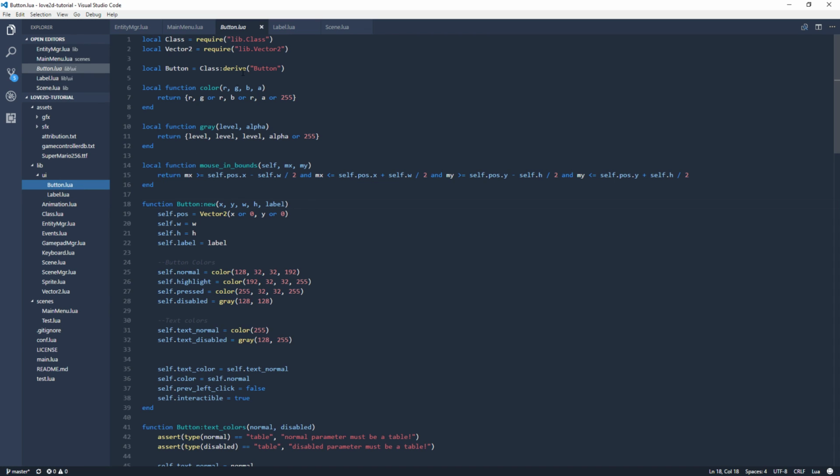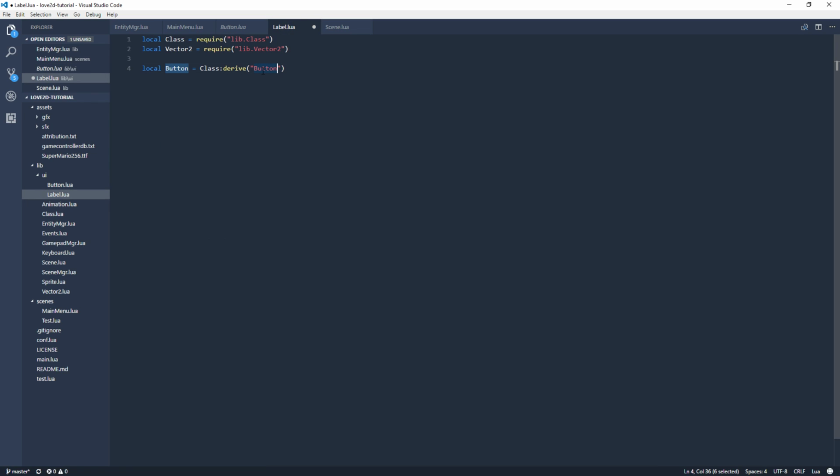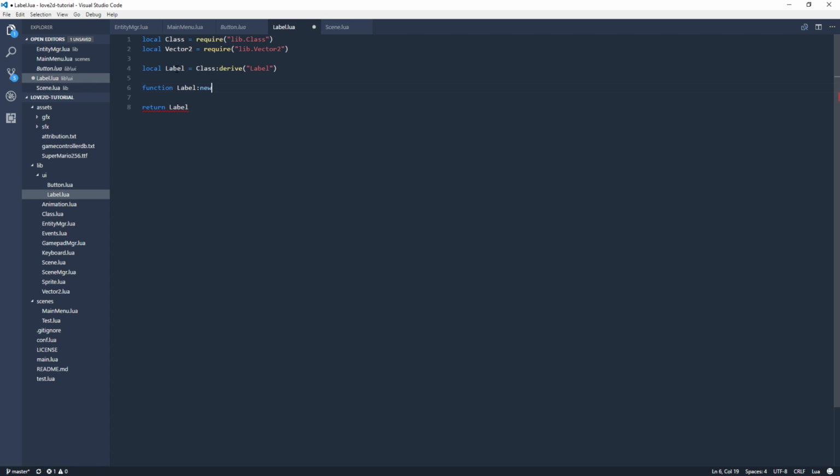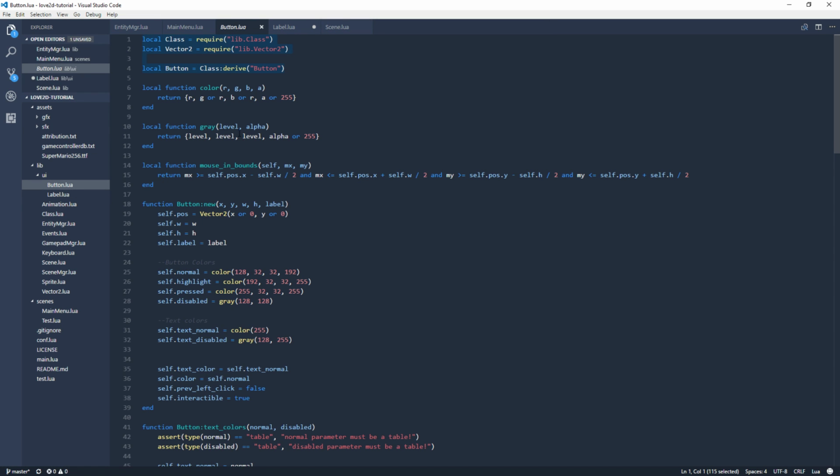Let's go back into button. We'll need both of these. Let's go ahead and get this one too, and we'll rename this label. For some reason I do that every time. Label, label, label, and return label. And then we'll have a function label.new, which is where we will give it, let's be consistent here,